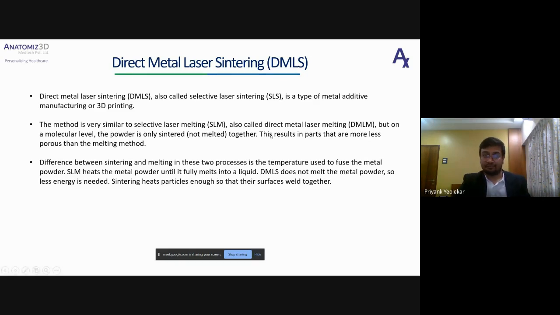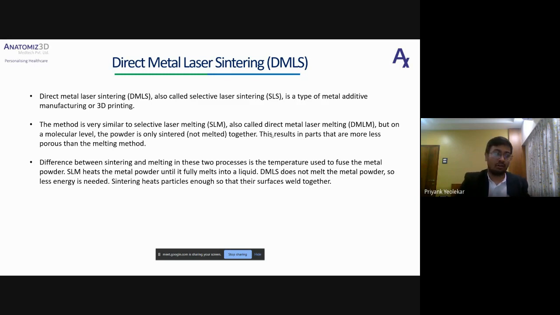So what happens is, in the DMLS technology, on the molecular level, the powder is only sintered, not melted. You must have also heard about a technology called SLM, which is selective laser melting, in which the laser actually melts your powder and fuses it to the other layer of the metal.